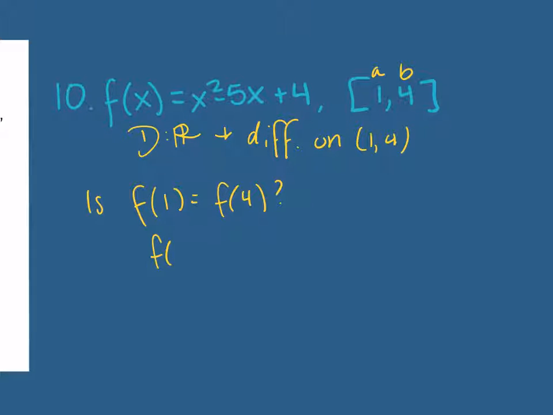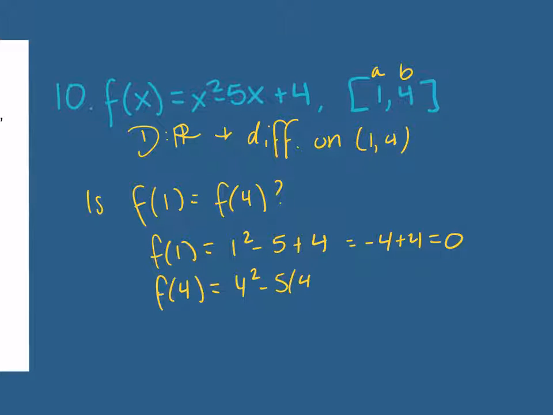So I do f of 1, which is 1 squared minus 5 plus 4. That is equal to negative 4 plus 4, which is equal to 0. So we have to make sure f of 4 is also equal to 0. So f of 4 is equal to 4 squared minus 5 times 4 plus 4. So this would be 16 minus 20 plus 4. This is also equal to 0. So f of 1 is equal to f of 4. Good. So now that I've met all the conditions of Rolle's theorem, I can now apply it,